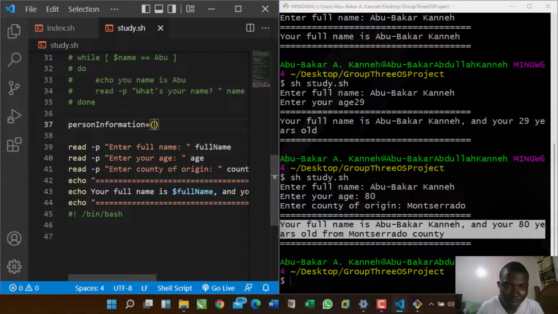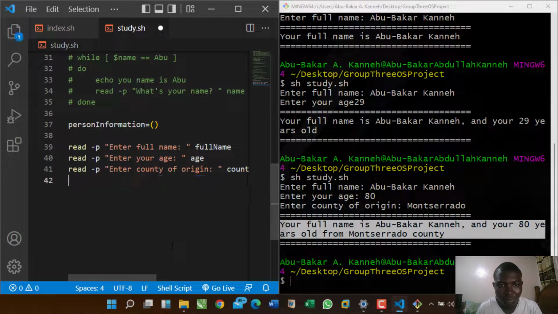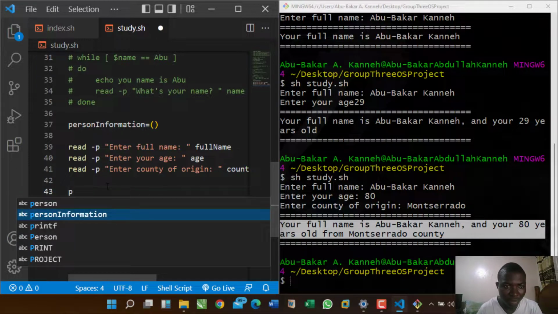So now we are saying when you get the full name, the age, and the county, you should push it into this array. That's how we come and say person information